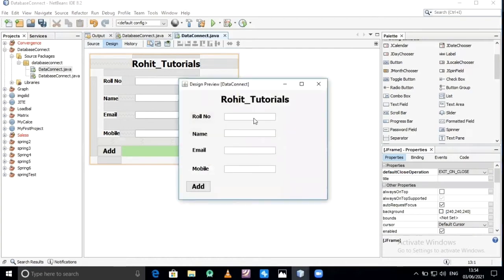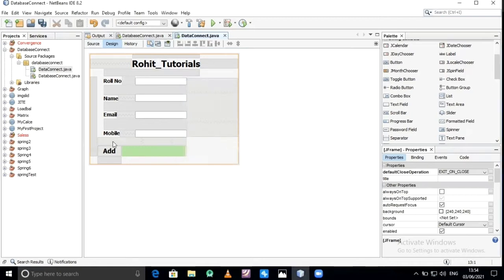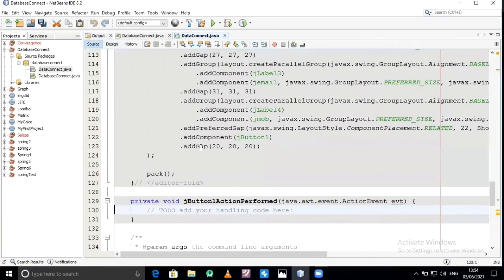Whenever I run the program, this is our front end scenario. So I have to write the code for the add button.